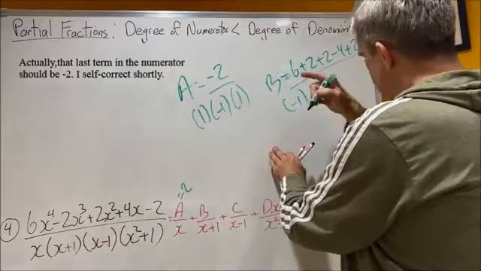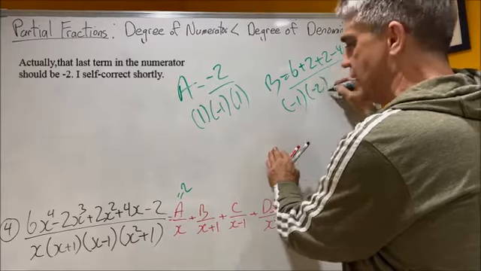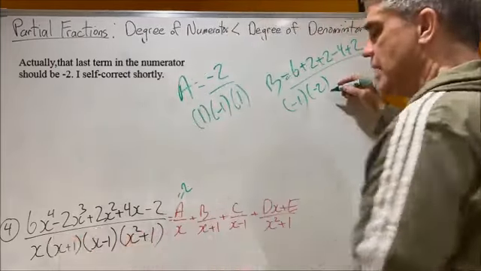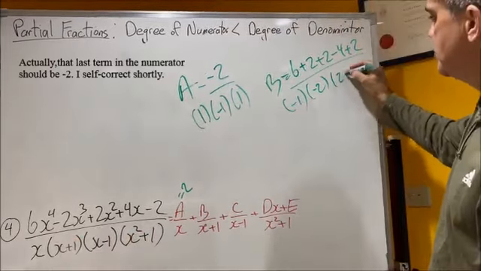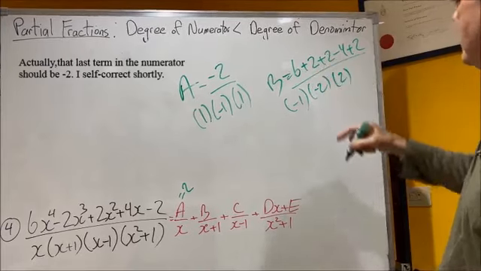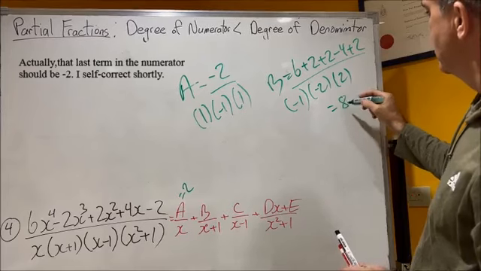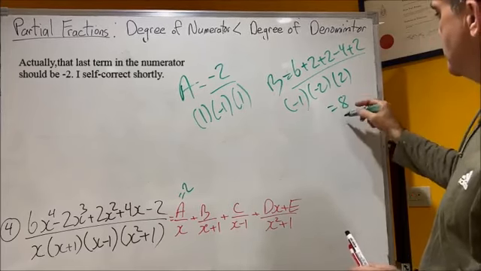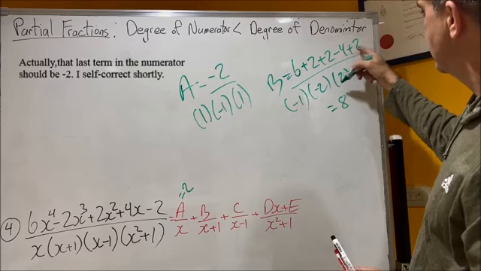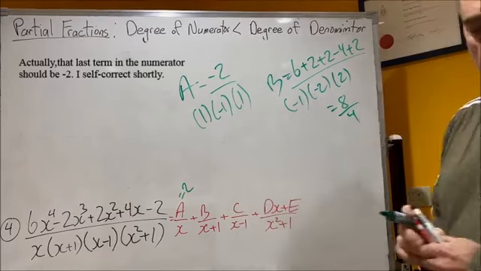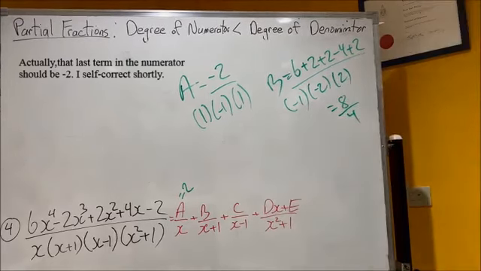Minus 1 times minus 1, that's a minus 2 there. Remember, that guy's covered. And minus 1 squared is 1. 1 plus 1 is 2. So we got 12, 12 minus 4 is 8, 8 over 4, which equals 2. So B equals,